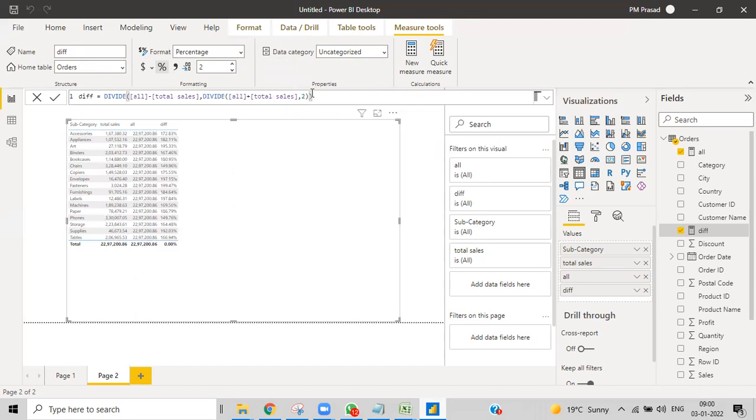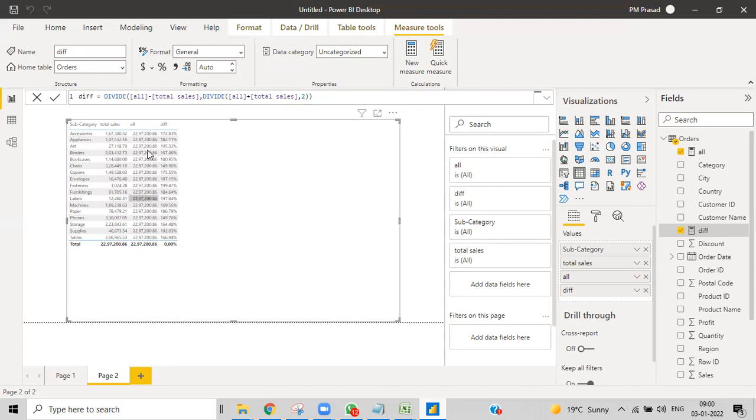This is also not the right thing. All means it will take which all? This all, this all, this all.